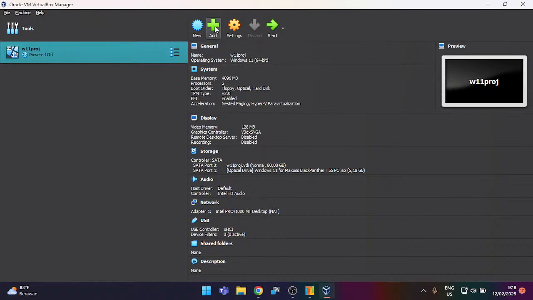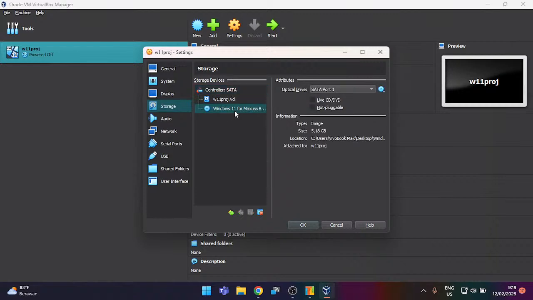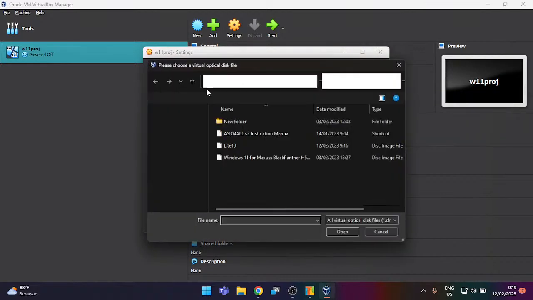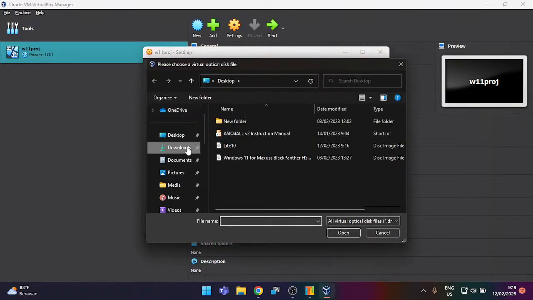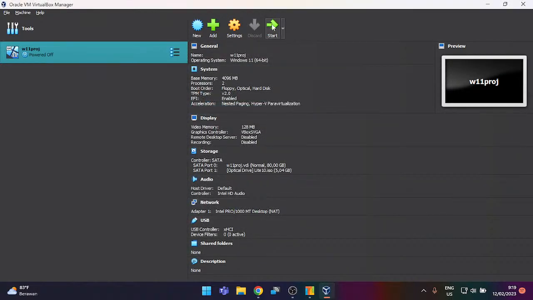So yeah, let's change the optical drive. We'll go to settings, then storage, this, and then choose the disk file, and now we will go into desktop, Lite 10. Okay, now I start